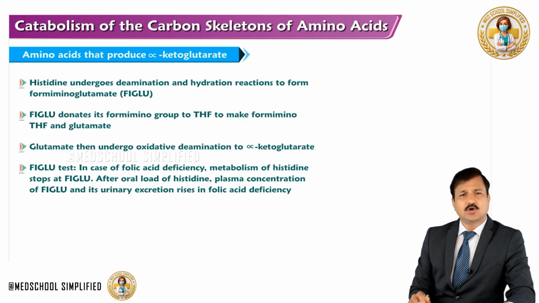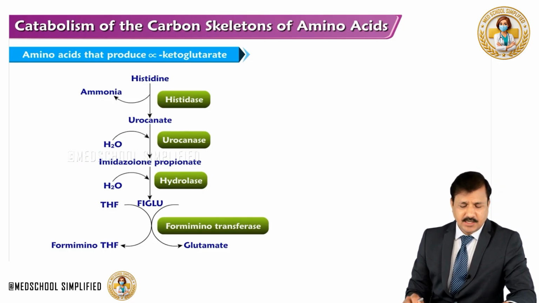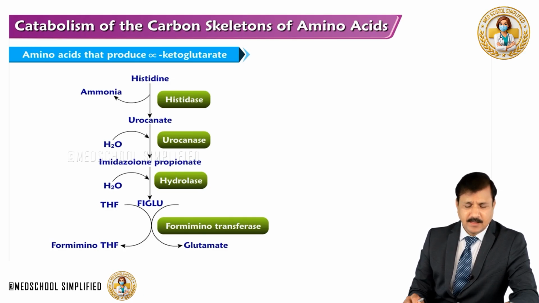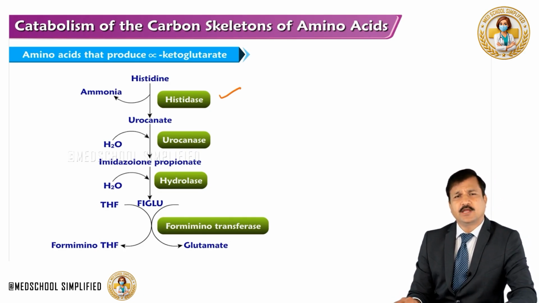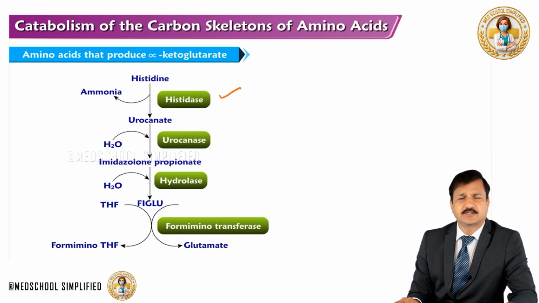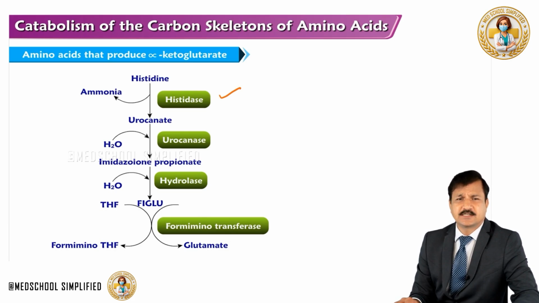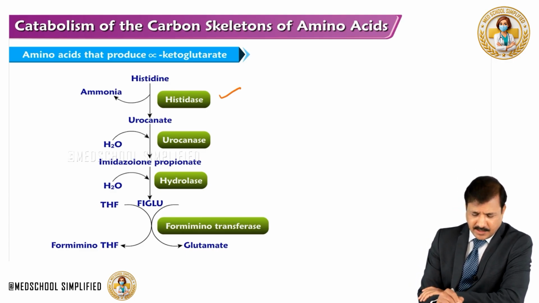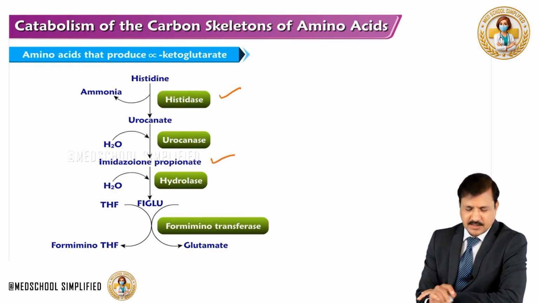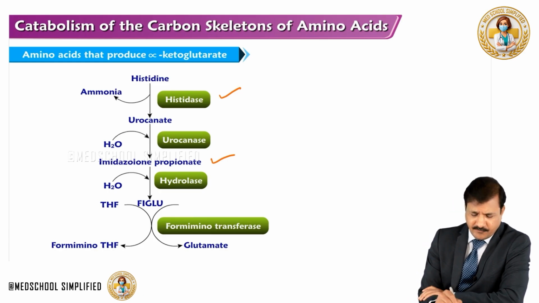alpha-ketoglutarate. Now coming to how histidine is converted into alpha-ketoglutarate. In this pathway, histidine undergoes the histidase enzyme reaction where ammonia is released. Basically it's a direct deamination of histidine into urocanate. Now the urocanate undergoes the urocanase reaction to become imidazolone propionate, and the imidazolone propionate undergoes a hydrolase-catalyzed reaction to become